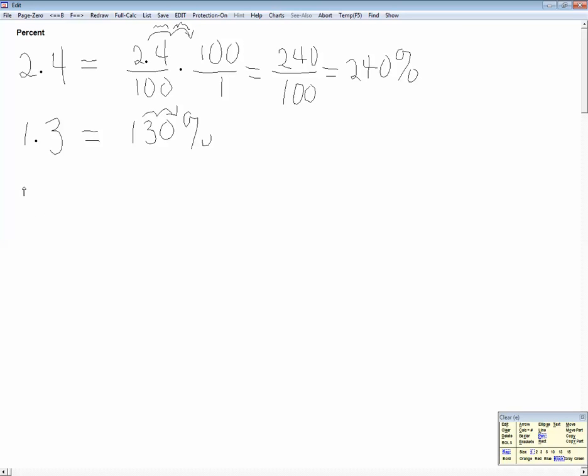Let's do one more like that. This is the kind of situation that I used to get confused with. Let's suppose you had this and you want to convert it to a percentage. Well, again, you say, I'm just going to divide by 100, or equivalently stick a percent sign on this thing. But if I stick a percent sign on it, I'm dividing by 100. So I have to compensate by multiplying by 100. So if I multiply, remember that's our top jump towards the front, I'm going to end up with 0.2